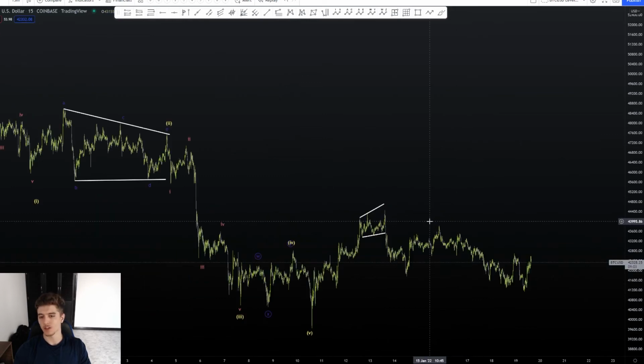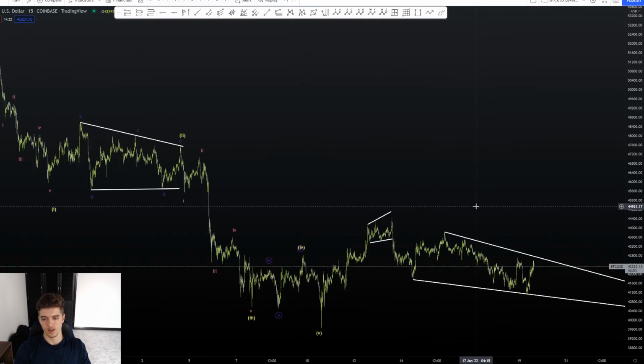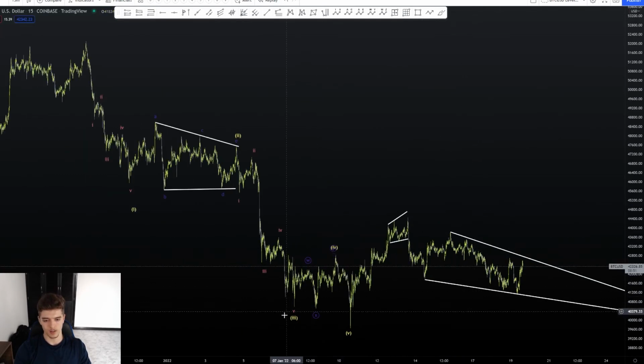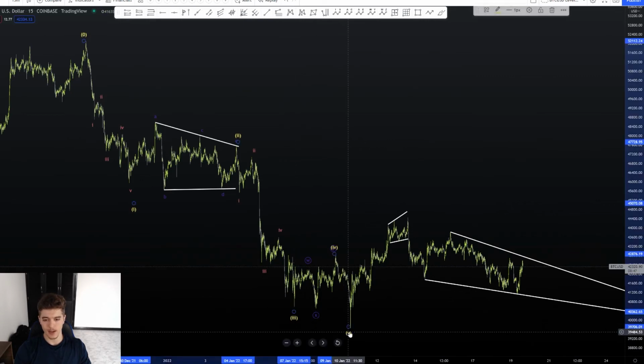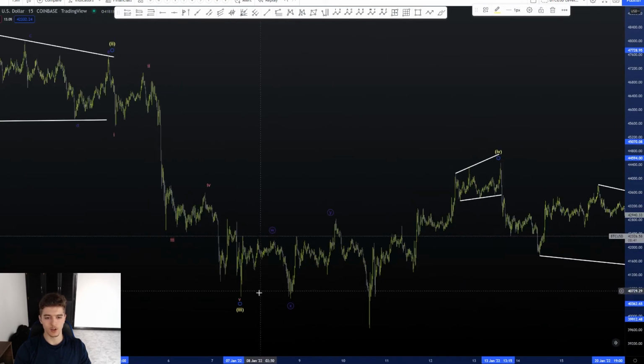So this is kind of one of those areas where I am going to say the best thing to do is wait and see what happens. But some options we do have would be an ending diagonal. If we say the end of this wave 3 was right here, and actually this wave 5 has not been put in yet, and the top of this wave 4 was right here, where this could have all been